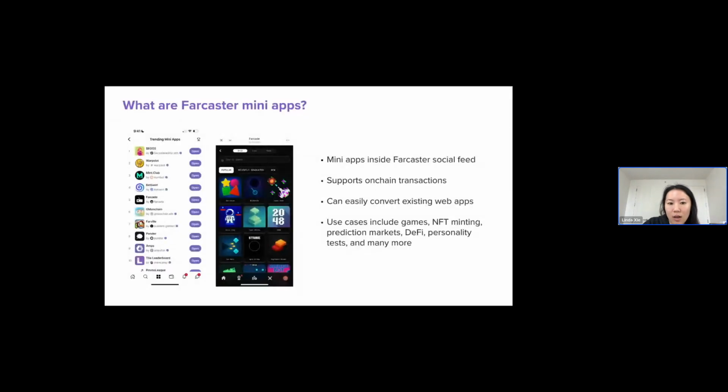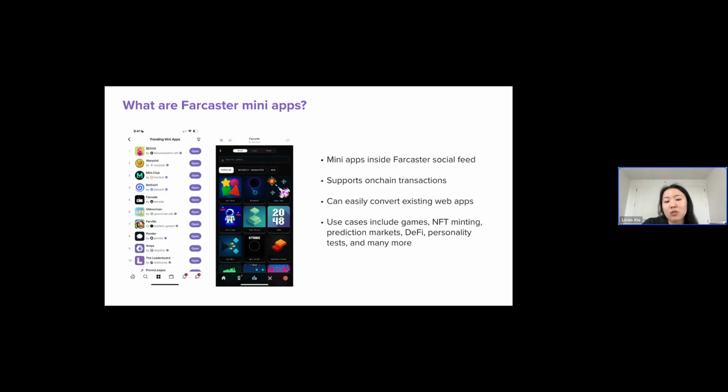So what are Farcaster Mini Apps? Farcaster Mini Apps are just mini apps that exist within the Farcaster social feed. What's really unique is, if you've seen Telegram mini apps or WeChat mini apps, you have full-on web applications that exist within Telegram and WeChat.